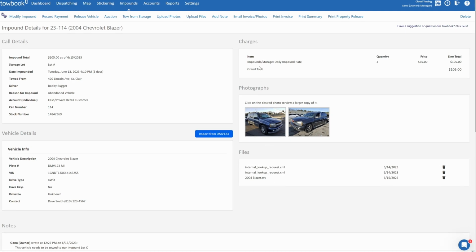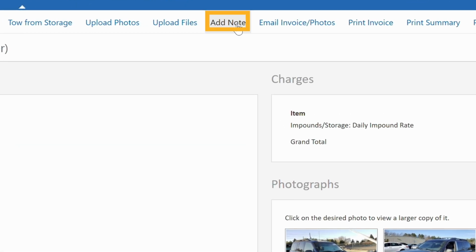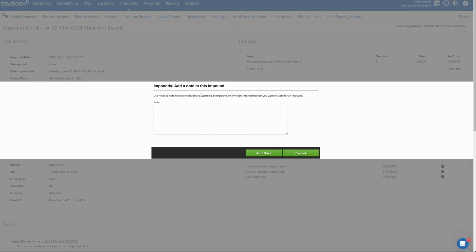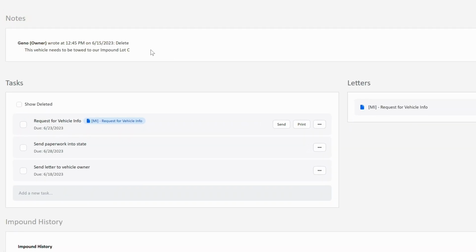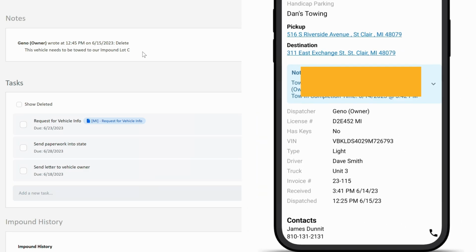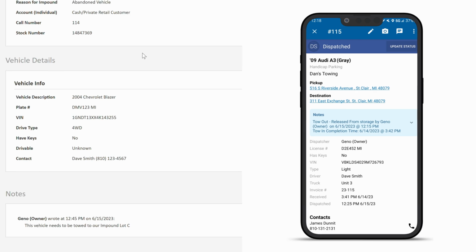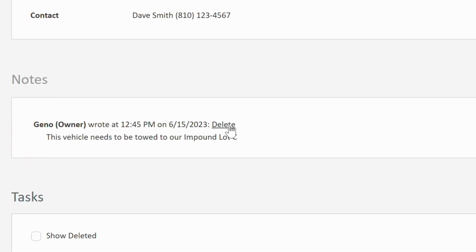Next, you'll be able to add notes to this impound at any time by selecting the Add Note option. We recommend using our Impound Notes option to keep track of all activities for each vehicle. Notes are time-stamped, show which user added the note on the call, and this information is always available to you. When notes are on an impounded or stored vehicle, they will also be highlighted in the mobile app so your drivers can see them quickly and in plain view. Impound notes can be deleted, but only by those with a manager user account.